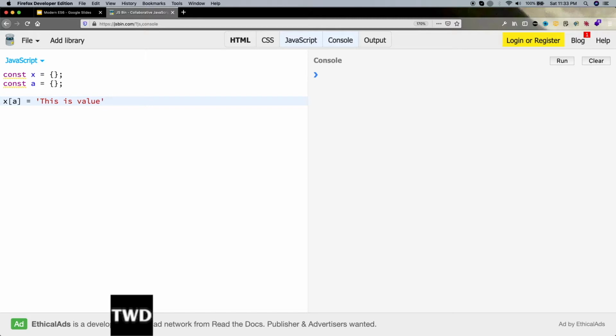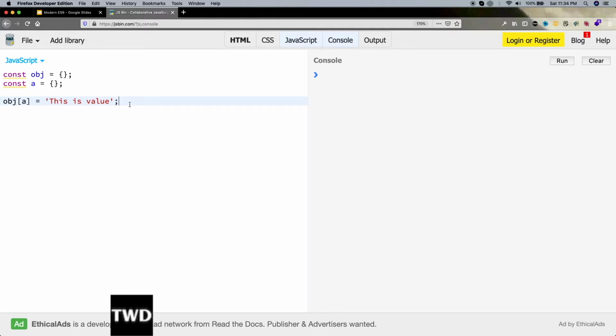So what we are doing is making a a key of the object x. Okay, if x is difficult to understand, let me write obj here. So see, this a is just a key and the value is this is value.